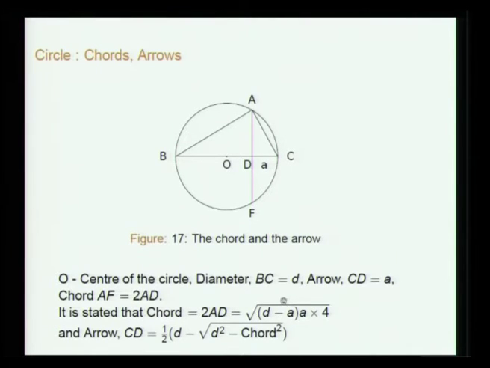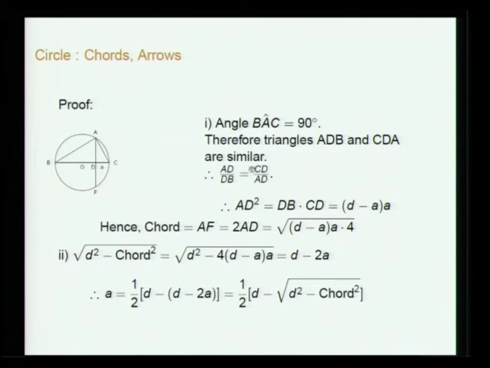So this is also a non-trivial result, because you have to use the similarity of triangles, ABD and ADC, and both of them are similar to the original triangle ABC. I must say to give it in the correct order, but that is how it is, because of the similar triangles only. In fact, we will see that now. In this triangle ABC, angle BAC is 90 degrees, as I said, because BC is the diameter. So, triangles ADB and CDA.